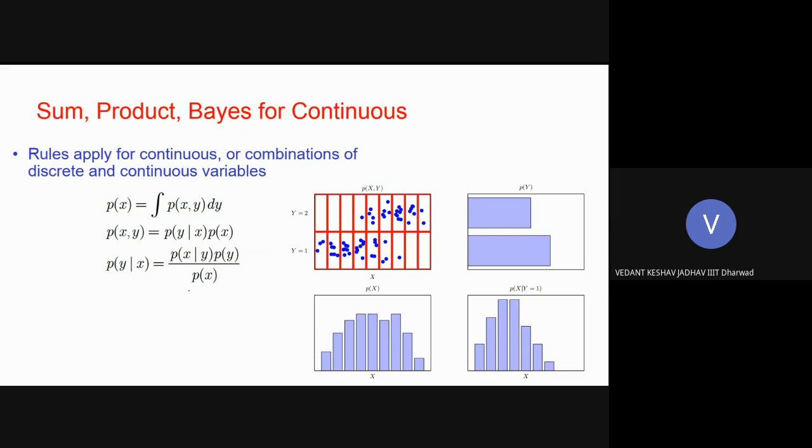Then you come to the sum, product and Bayes rules. So you know what this sum rule is, and for continuous variables it is integration, right? If you integrate any density. So can anybody tell me quickly what you understand by a distribution? If I say this is a distribution p(x, y), there are two variables involved in it, right? So if you just see this figure, there is a joint distribution.